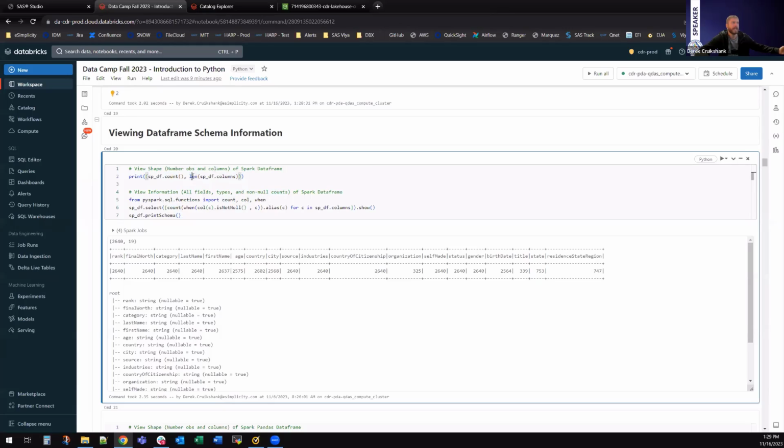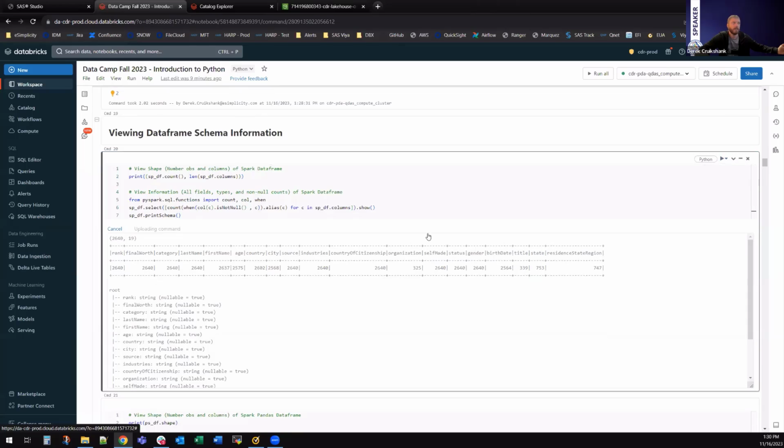And then using the length function of this columns method, I'm going to output the number of columns that I've got. The last piece here, you can see I'm importing some SQL functions, where I'm going to count the number of columns that have null values within the list of columns. So here you can see